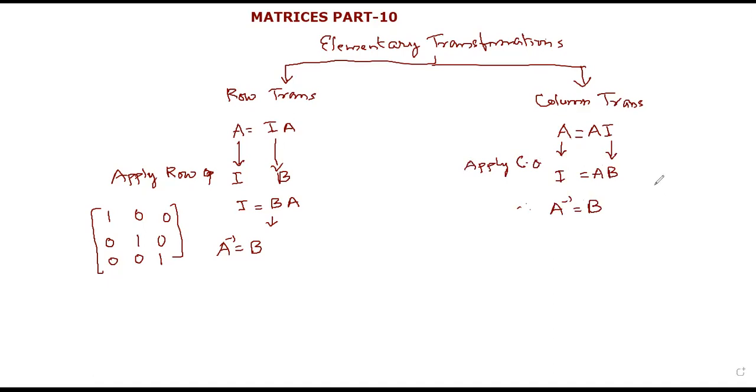And here we will make 1 here, and because we are applying column operations, from this one we will make 2 zeros, then here we will make 1, from this one we will make 2 zeros, and then we will make 1 and here 2 zeros. So I'm going to take one question, you will understand better. First we are taking row operations, using row operations to find the inverse of a given matrix.